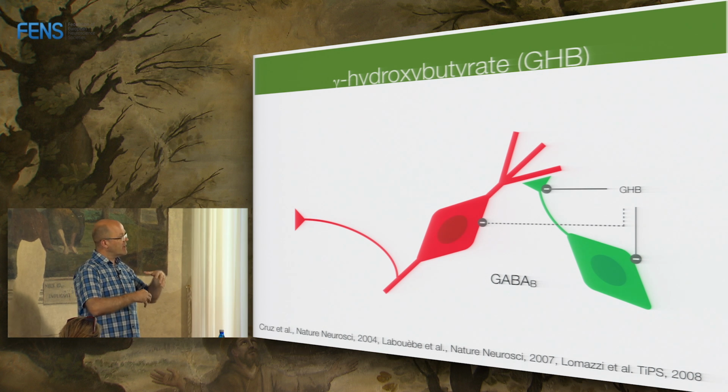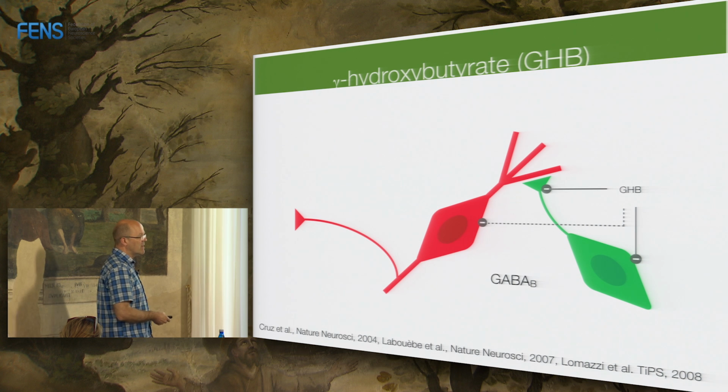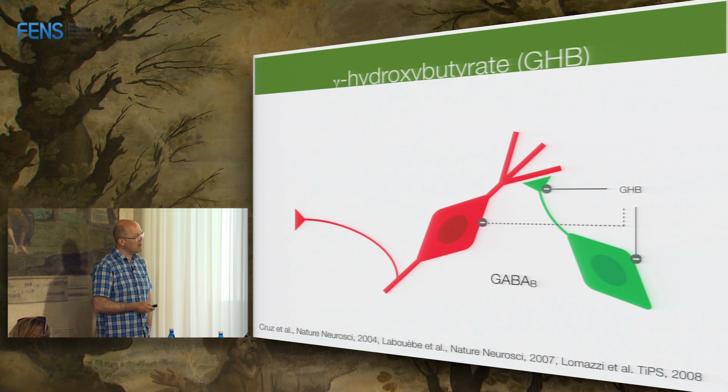And it was clear from the beginning that there is actually quite strong expression of GABA B receptors also on the dopamine neurons. So how could it be, or is it possible at all, that there could be a disinhibitory model as well? And it actually turned out to be the case, because what was going on is that,